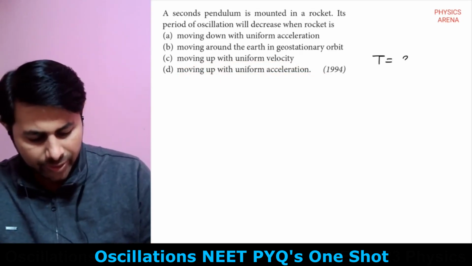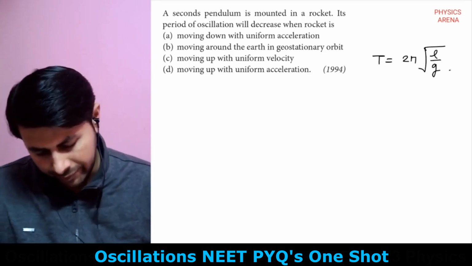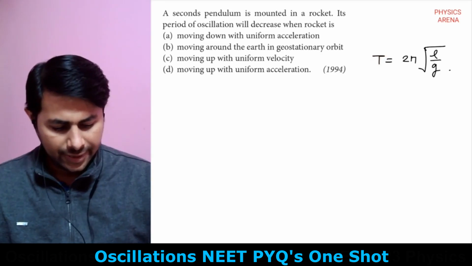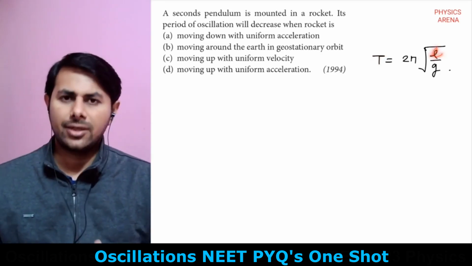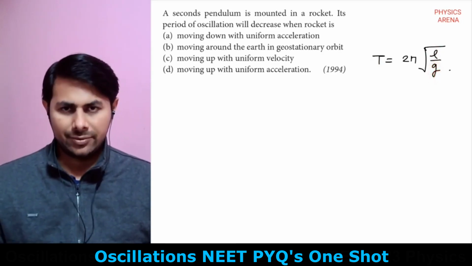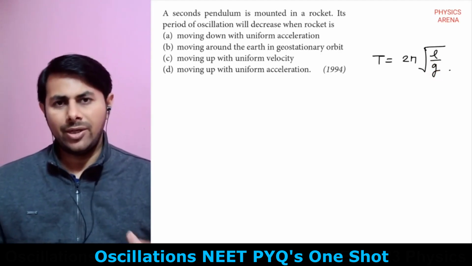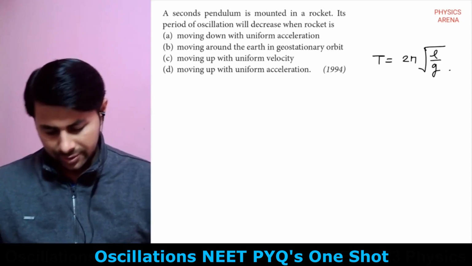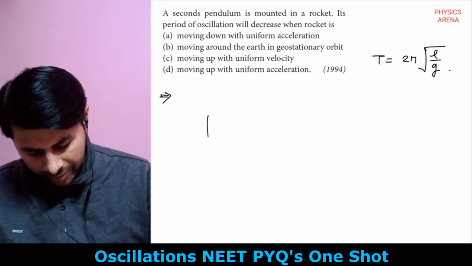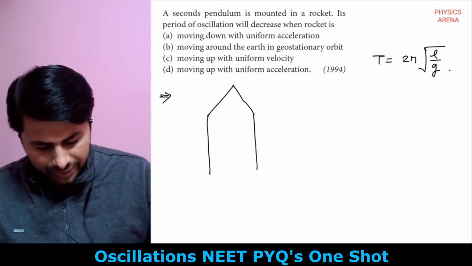Okay, so time period is given by what? 2 pi square root of L upon g. And so you want the time period of oscillation to decrease. That means the length is constant, length will remain as it is. The effective value of acceleration due to gravity, if it increases, then the time period will decrease. When will it increase? So see, the effective force on that pendulum, if it increases,